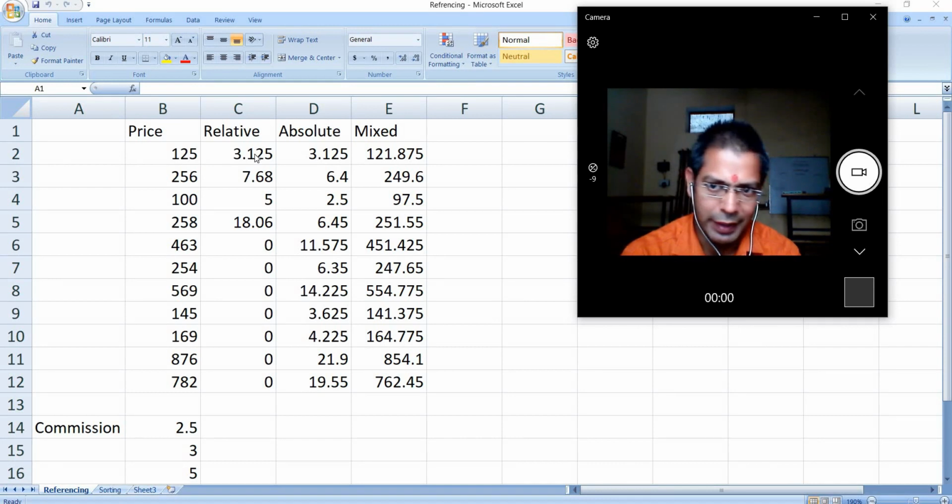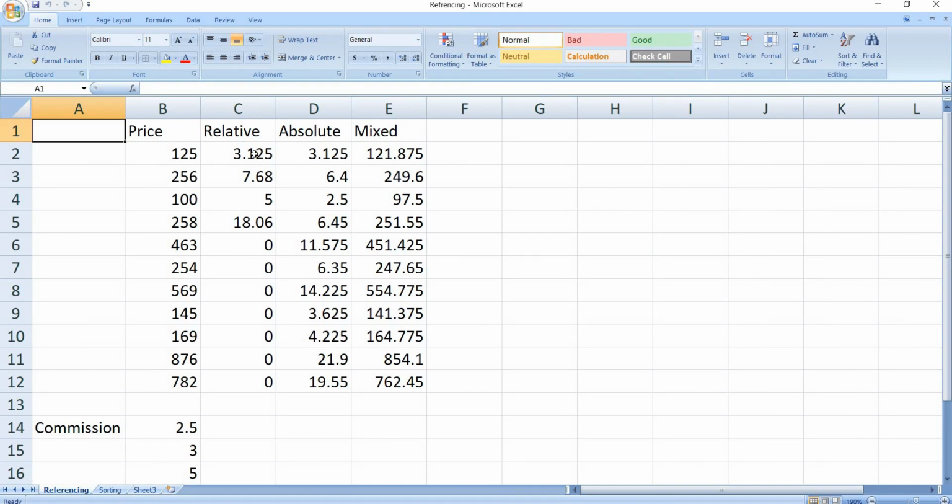When we applied the formula to calculate the commission, see carefully: I have selected cell C2, and you will see the formula in the formula bar. B2 is this value, 125, then the star means multiplied, and it is the 2.5% commission. It says B14.